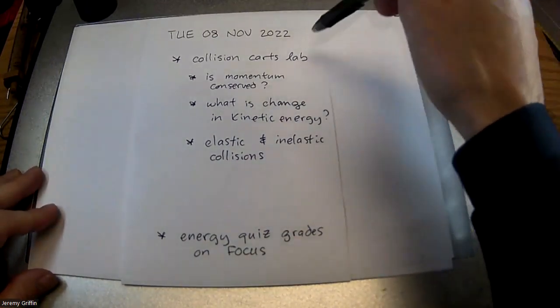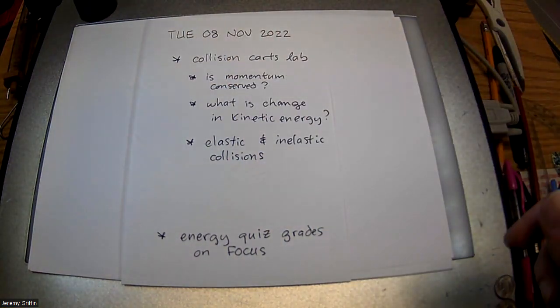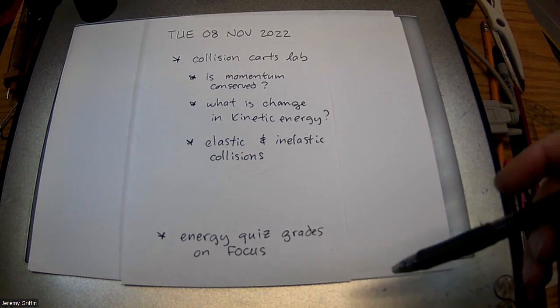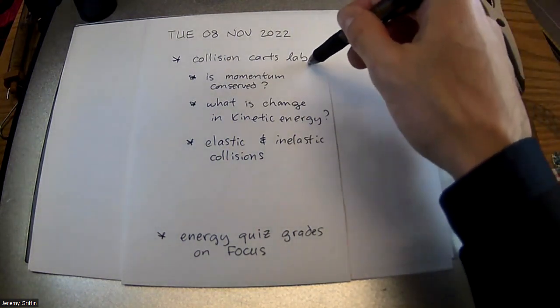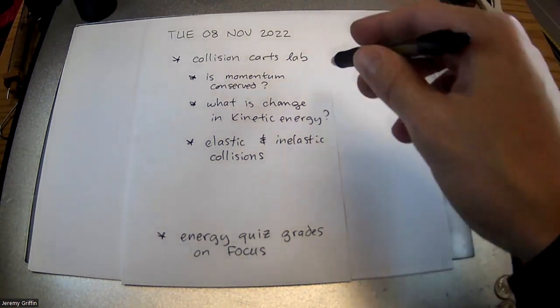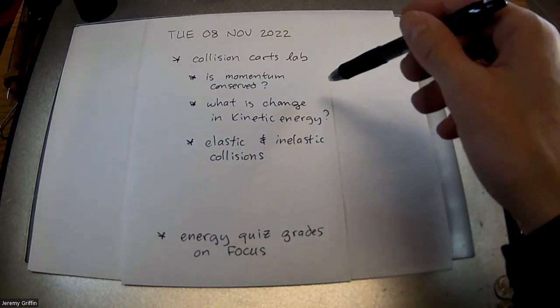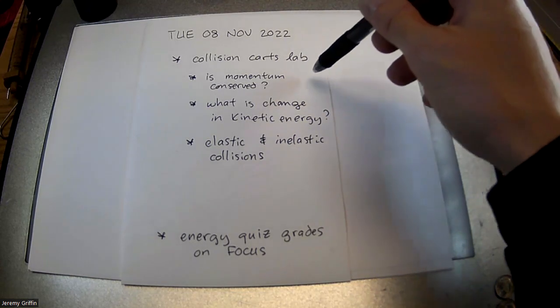And so we're going to fit in the lab today. I still have more notes to tell you guys about types of collisions and impulse, but you guys know enough now that you can do the collision carts lab. So I'll get you guys set up with that. We're doing this today. I'm keeping an eye on it. We may not be here tomorrow, and there's almost certainly not going to be school Thursday, but we're waiting for the word for that. I don't see anything in my email. All right, so